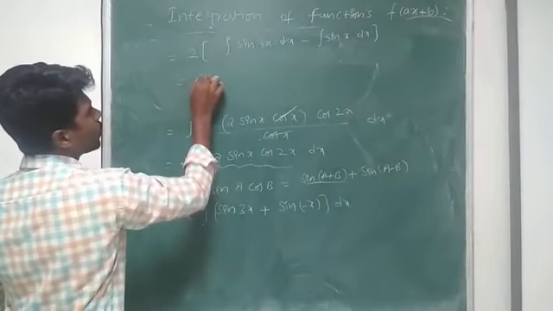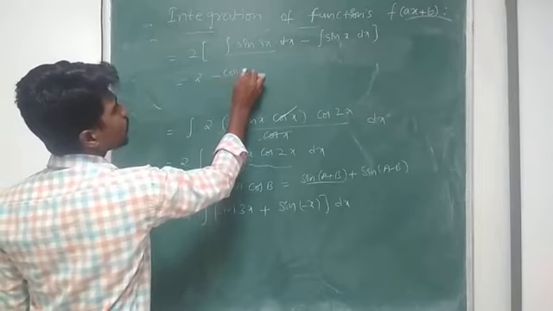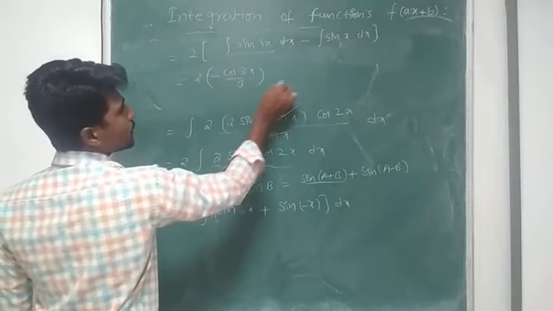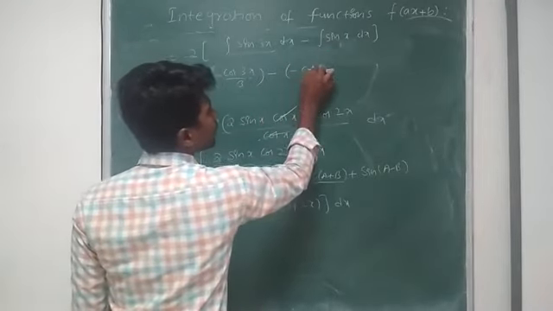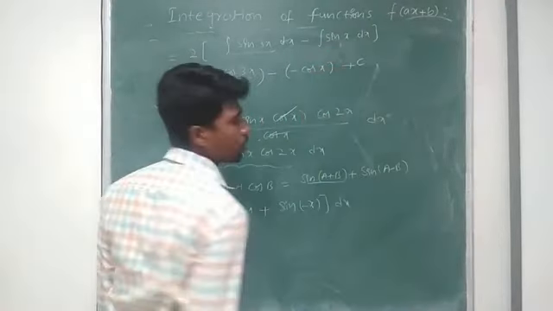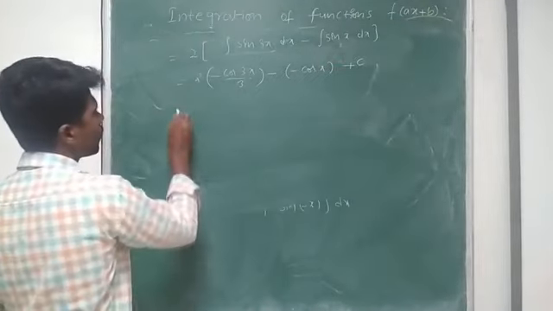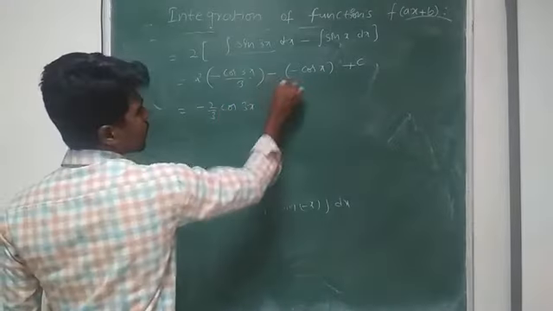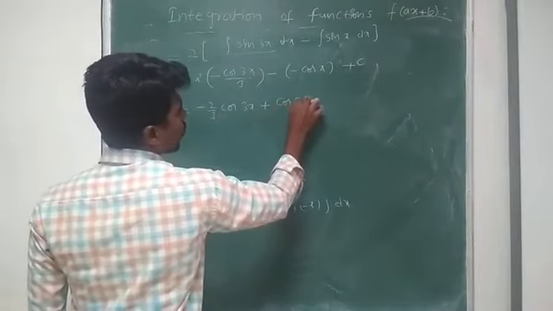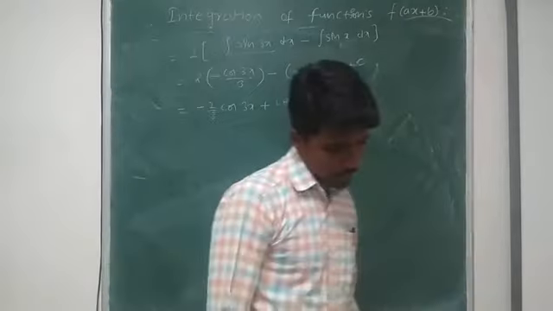So my answer, 2 into integral sin 3x is minus cos 3x by 3, minus integral sin x is minus cos x, plus a constant c. So our answer: minus 2 by 3 cos 3x plus cos x plus c. Okay, after this,